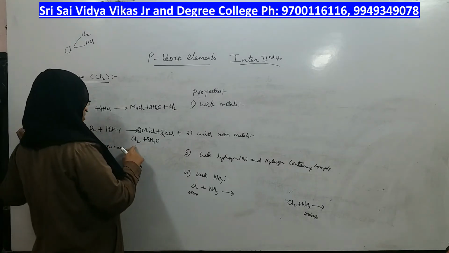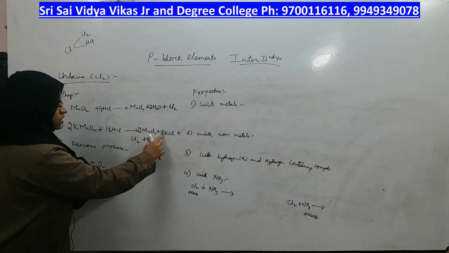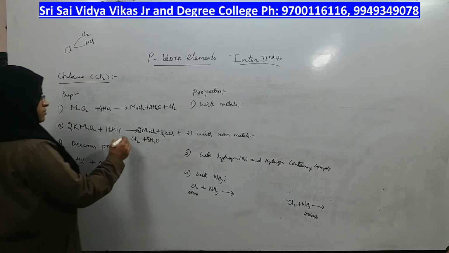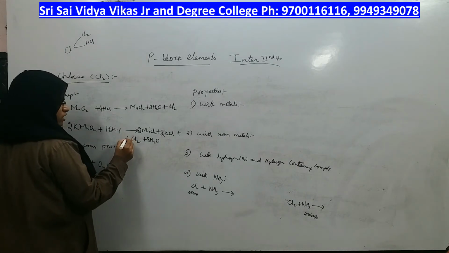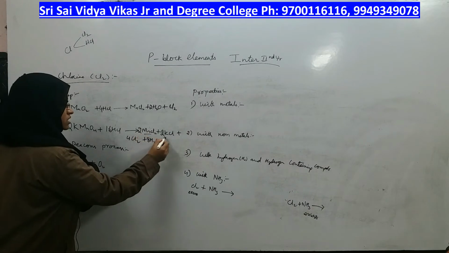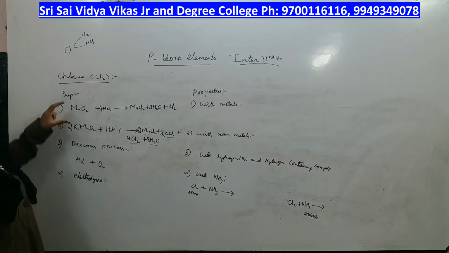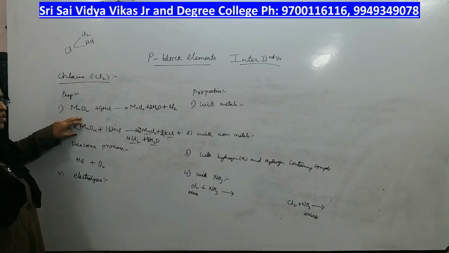How many chlorines? You have not changed chlorine. 2 2s are 4 plus 2, 8. Remaining 8 is there. So what I will do? 4 2s are 8 chlorine, right? This is one product, this is another product, this is another product plus water. Now it is balanced. This is one more preparation of chlorine gas.